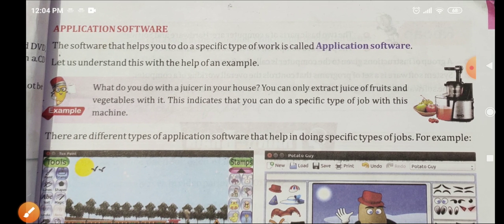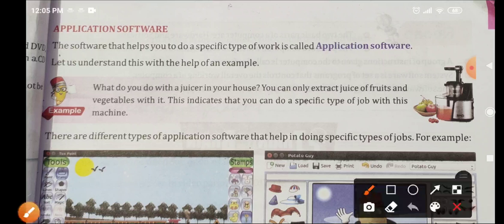Next is application software. Now what is application software? The software that helps you to do a specific type of work, a particular type of work, is called application software, which is made for using a particular application. Let us take an example. You all must have seen the juicer.